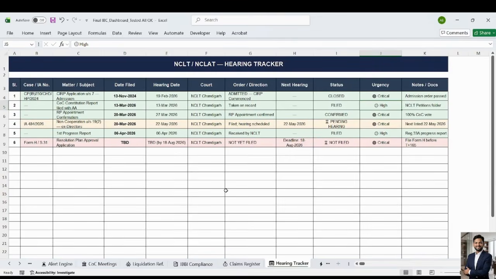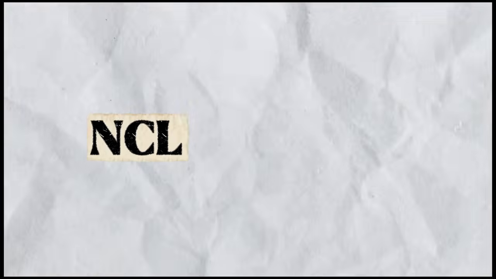tracker is also there. In the hearing tracker, basically all the NCLT filings and all the NCLT trackers are there. So we can have an update on each and every NCLT hearing, or NCLT, High Court, Honorable Supreme Court hearing. All the tracking can be done: what was the last order issued to us on so and so. So we have tried to capture each and every data. We can add rows and columns over here also. And this is the